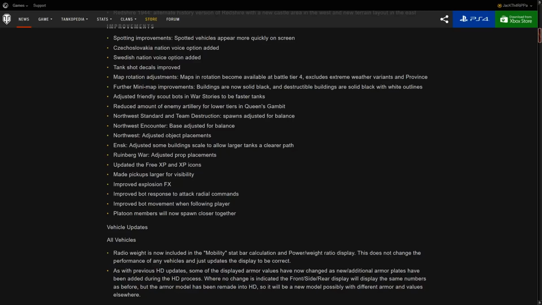Map rotation adjustments I've already gone over. Further mini-map improvements. Buildings are now solid black and destructible building...